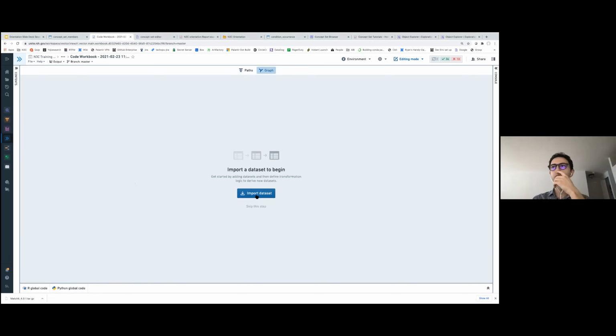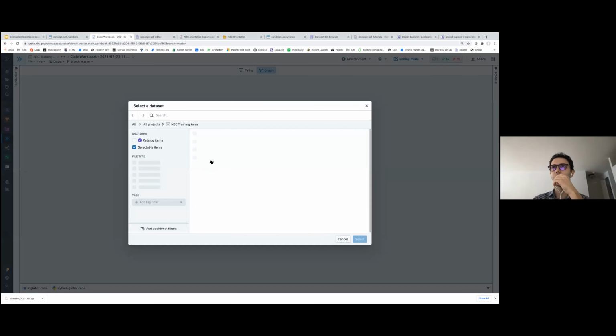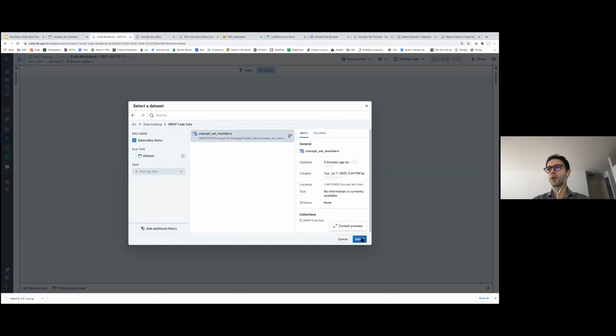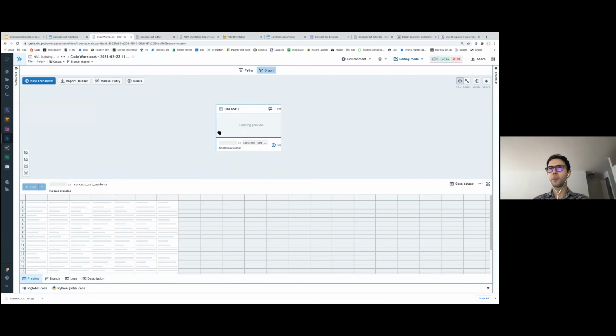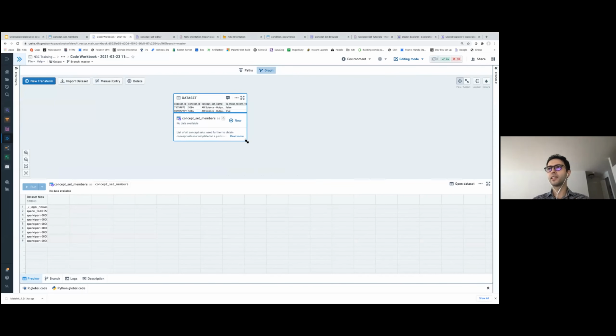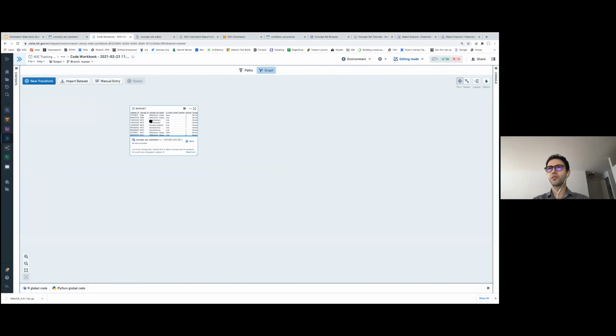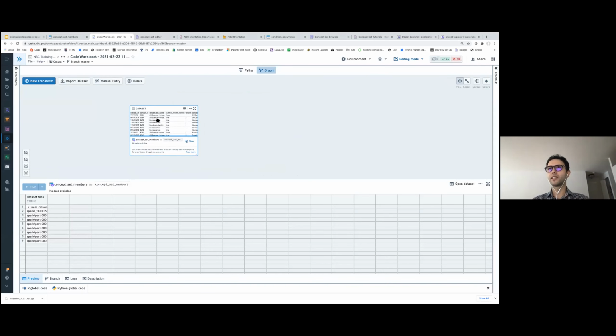The first step I'm going to do is import the data sets that I want to play with. So the ones we've used in our contour analysis are concept set member and the condition occurrence table. So let me grab the concept set member from OMOP concepts. And when I load it in here, you can see that it's basically part of a graph, and you can see the preview of it, and we can start applying transformations.